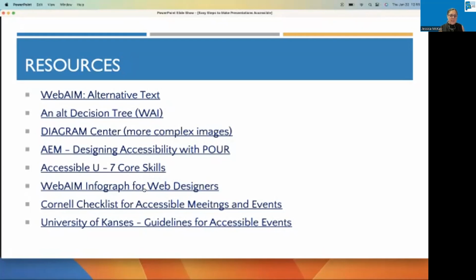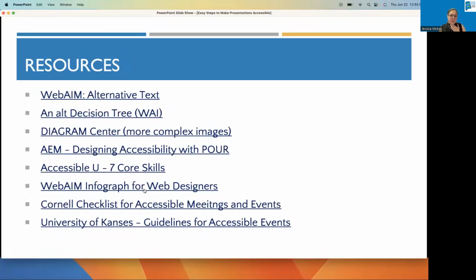The next one is, again, from the Accessible Educational Materials website. They break down accessibility by looking at whether it is perceivable, operable, understandable, and robust, giving some more concrete examples of ways to make sure that your content is accessible.